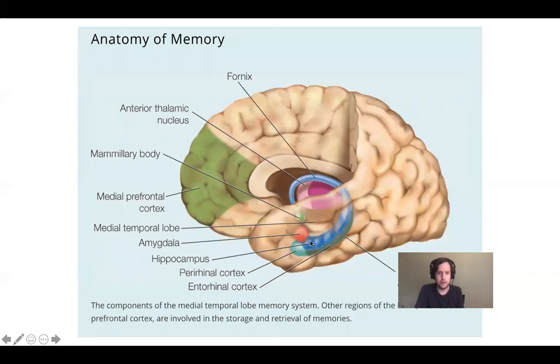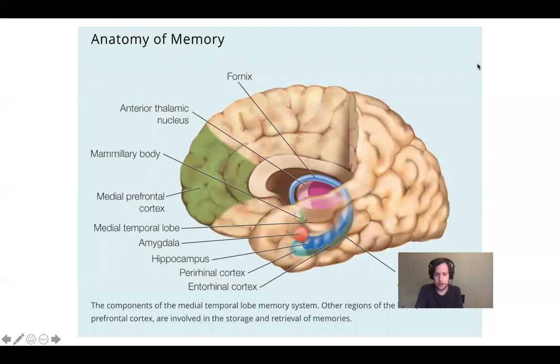Remind us where this region of the brain is. Hippocampus is right here in the medial temporal lobe. We will be talking a little bit about some of these other regions, so I'm not going to require you to know anatomically these different regions of the medial temporal lobe, so you won't have to label these. Though I'll probably ask a couple questions about the function of 4 different regions here.